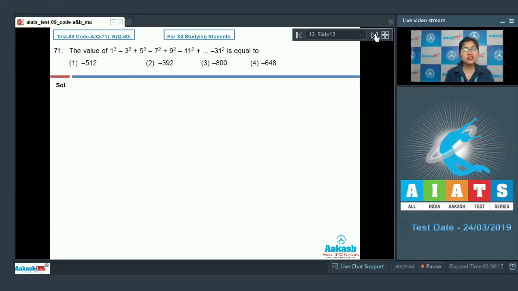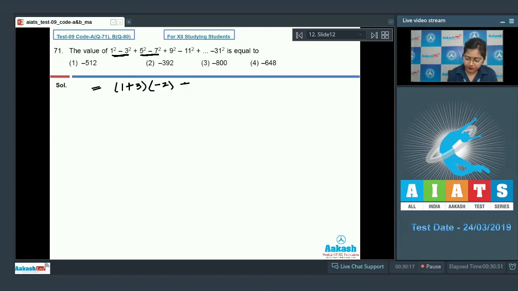Next is question number 71, which says that the value of 1 square minus 3 square plus 5 square minus 7 square plus 9 square and so on up till minus 31 square is equal to. Now here if we take two terms at a time, then we apply a square minus b square equal to a plus b into a minus b. So 1 square minus 3 square will be equal to 1 plus 3 into 1 minus 3,